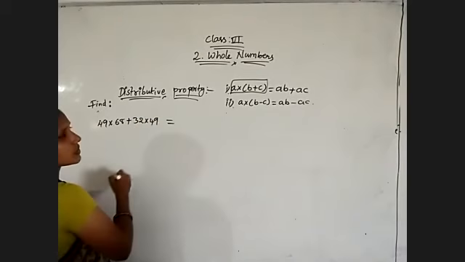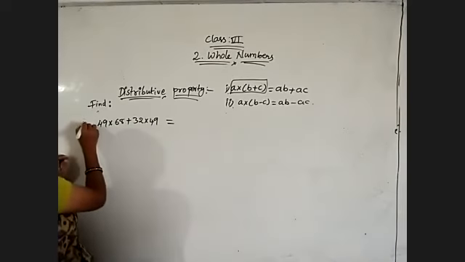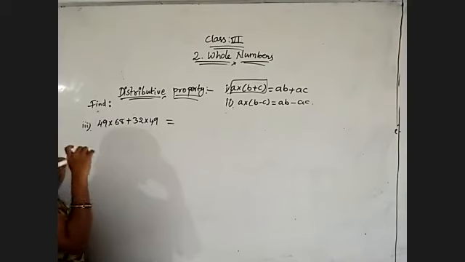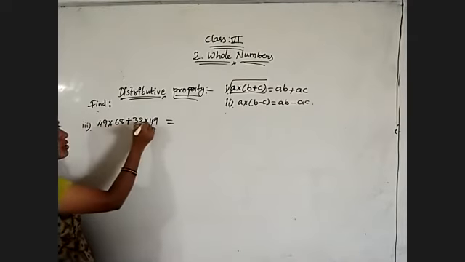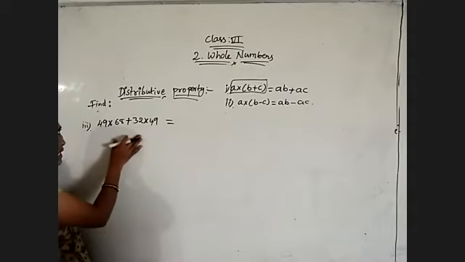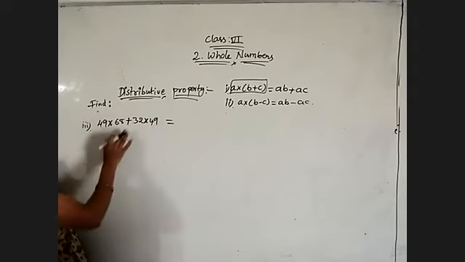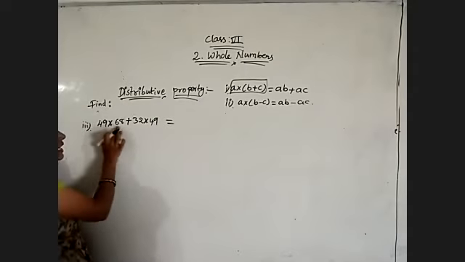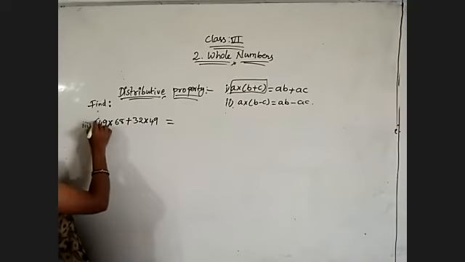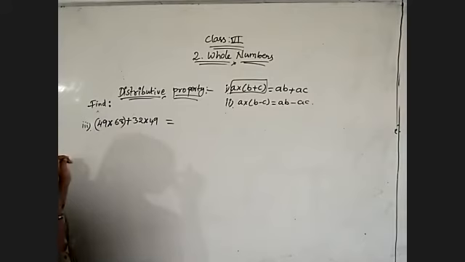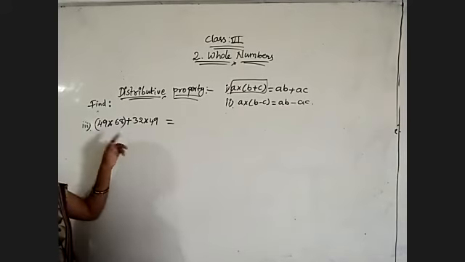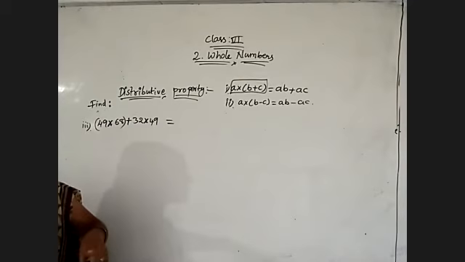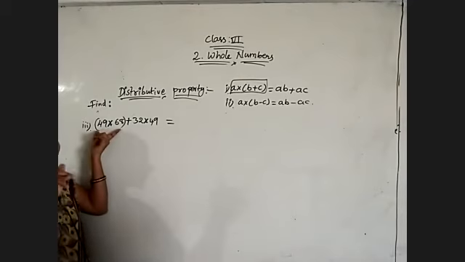So just observe, it is very clear that here, how many terms are there? First we need to find. So just observe, we have into plus into. That means it again comes under the distributive property. But how many terms are there? Check. 49 into 68. Between 49 and 68 the into operation is there. That means it is completely only one term. As I told you first, only plus and minus separate the terms. Into and division we need to treat as only one term. Okay. So here these two are only one term.